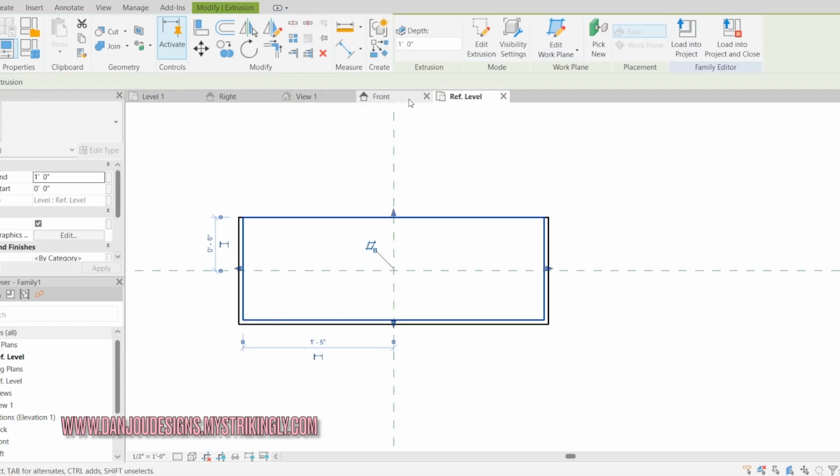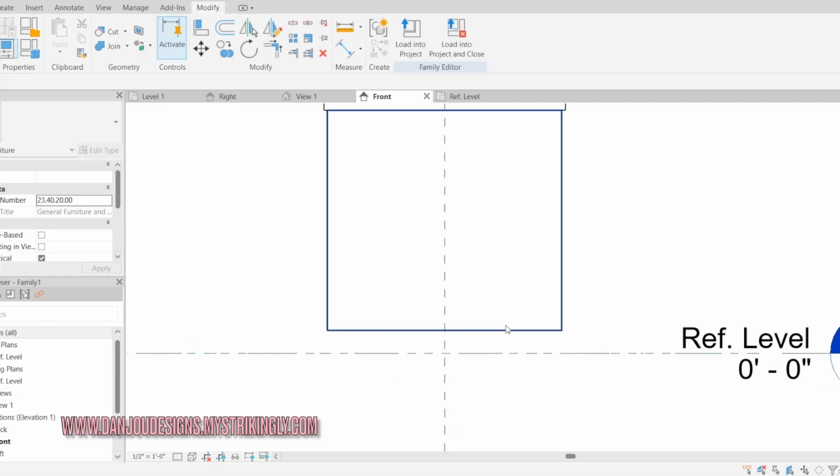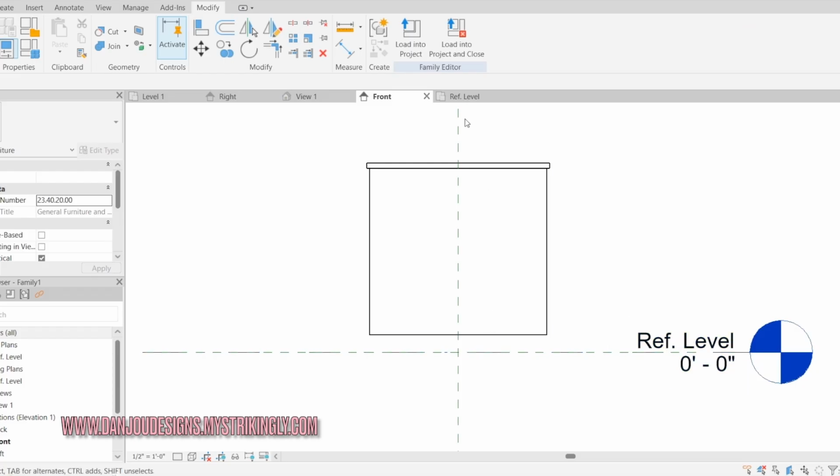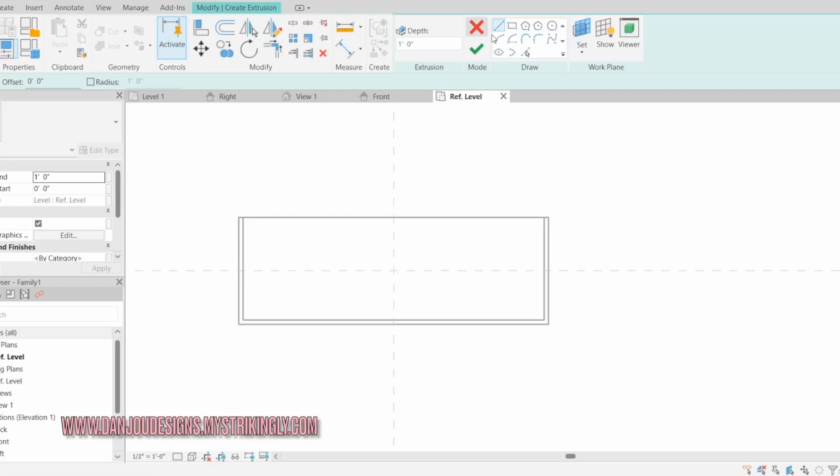Check mark, front, and I'm going to drag the body upward, and I'm going to leave a little bit of room for the legs of the dresser. I want this dresser to have some type of character, but if your dresser has regular square legs, this is how you do it. Just go back to the reference level. You can also make this in the front view,